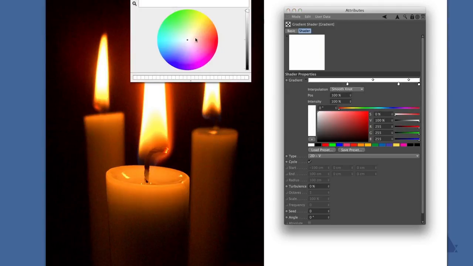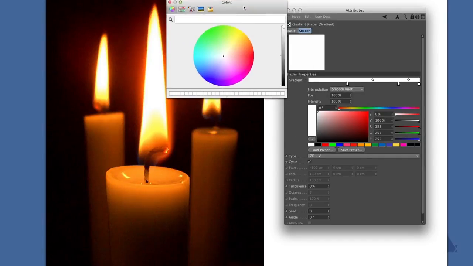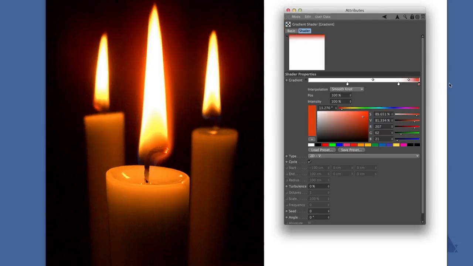I'm going to pick a color, and you can either use Cinema 4D's built-in color picker, which allows you to pick from the screen, or I'm using OS 10, so I'm going to pick from the screen with this. I'm going to come up here and pick this kind of deep red orangey color, something like so. Maybe make it a bit more saturated, and click OK. And then I'm going to just repeat that process and pick 4 or 5 colors